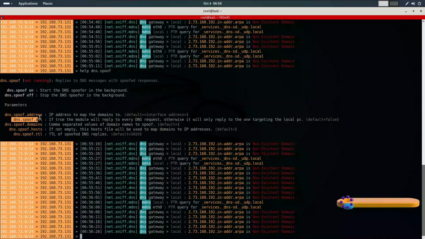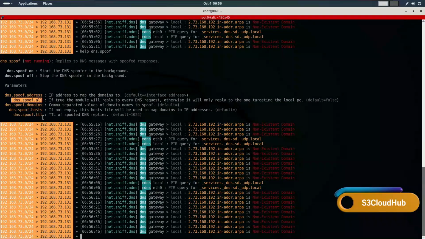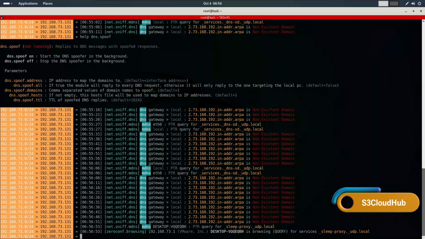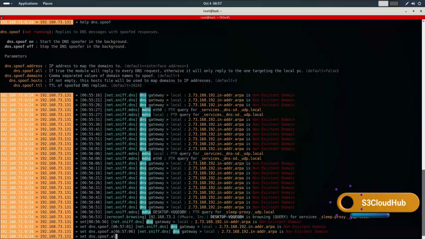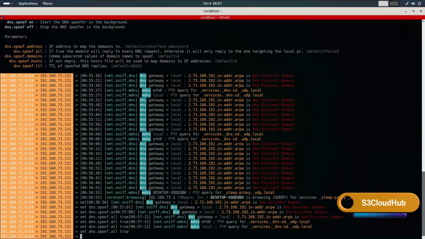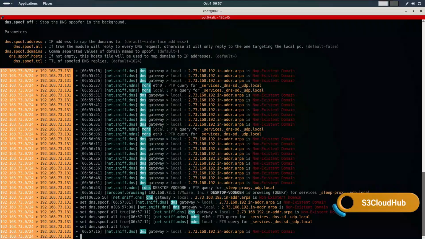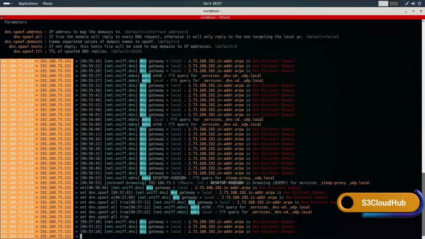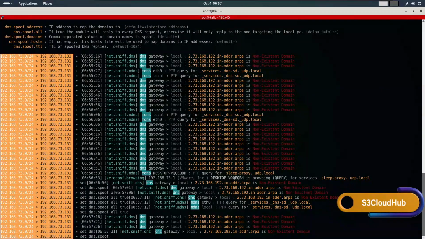Next, we enable dns.spoof.all so that BetterCap responds to all DNS requests. We do this by typing set dns.spoof.all true and hit enter. Then we need to specify the domains we want to spoof. In this case, we will be targeting s3cloudhub.in and all its subdomains using a wildcard. So I will type set dns.spoof.domains